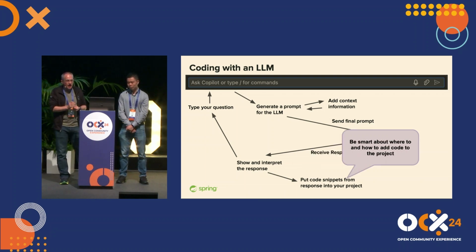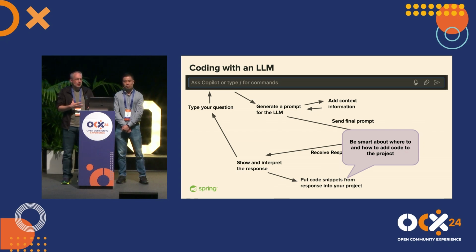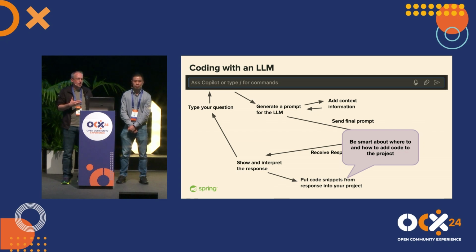And then we can try to be smart about interpreting the response and knowing where to put the code, actually, which is really interesting. It's maybe not so interesting if you have these in-place chat windows where you type something in place in the editor and you get the suggestion for these 5 lines. That's, of course, okay, this will be put into the editor at the position of the cursor. But if you go to the chat window and ask something like, hey, what do I need to do to upgrade my project to another Spring Boot version? What would happen if I would like to add a new